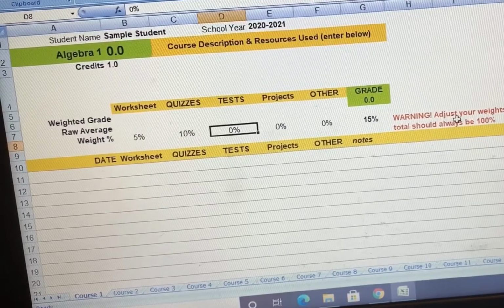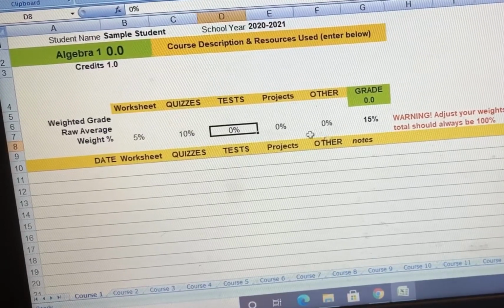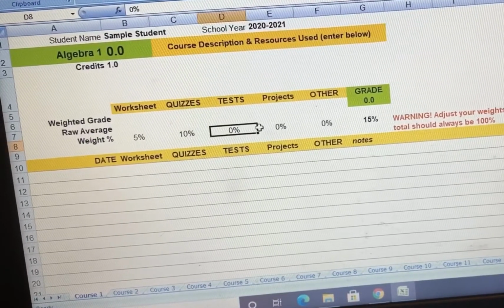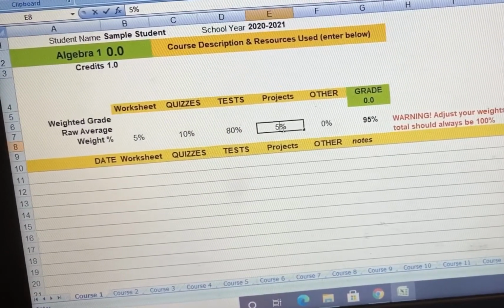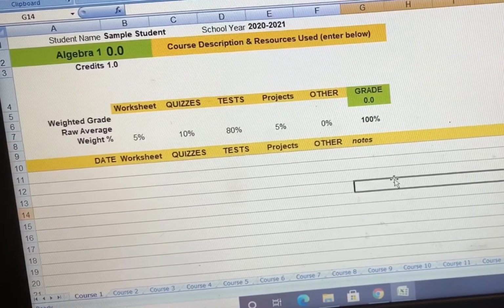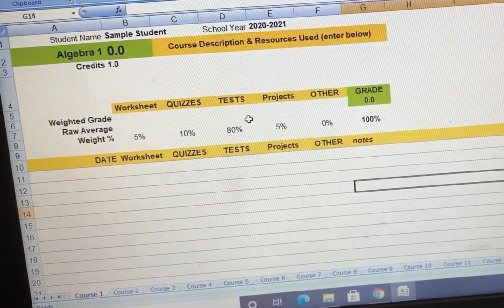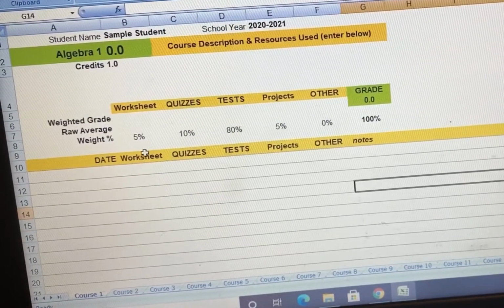This just is a reminder to make sure that all of your percentages add up to 100. So we may have our tests equal 80. And then projects, let's say, be 5. So that will equal 100. That's just an idea. I just kind of did random percentages, but you'll have to determine how you'd like to